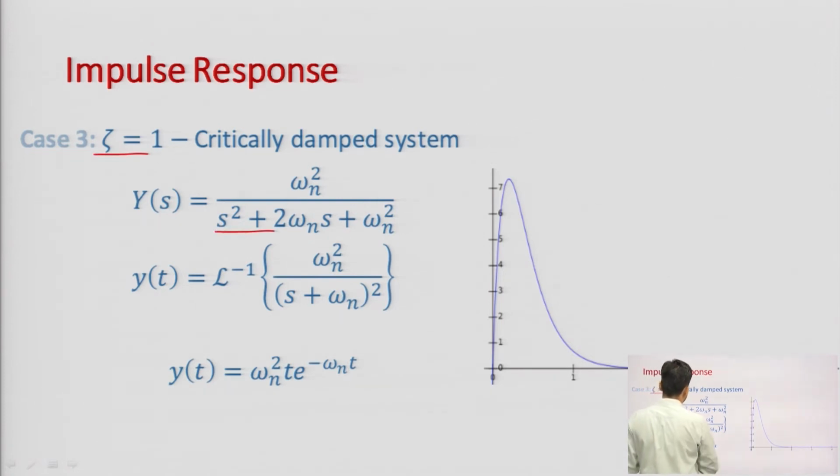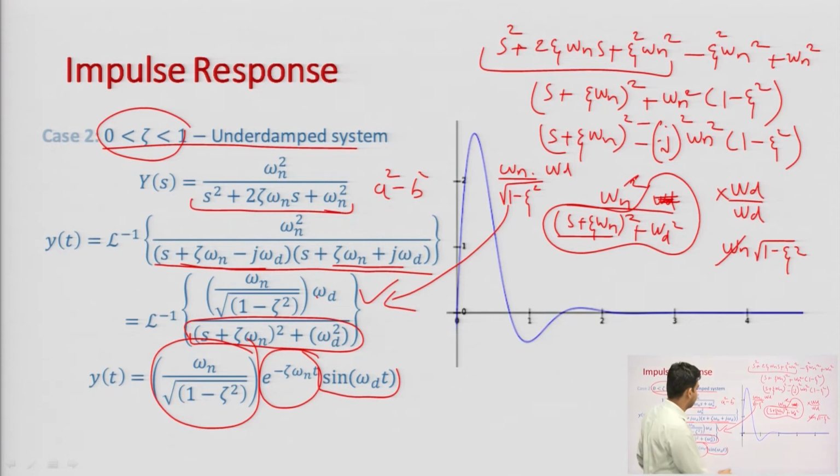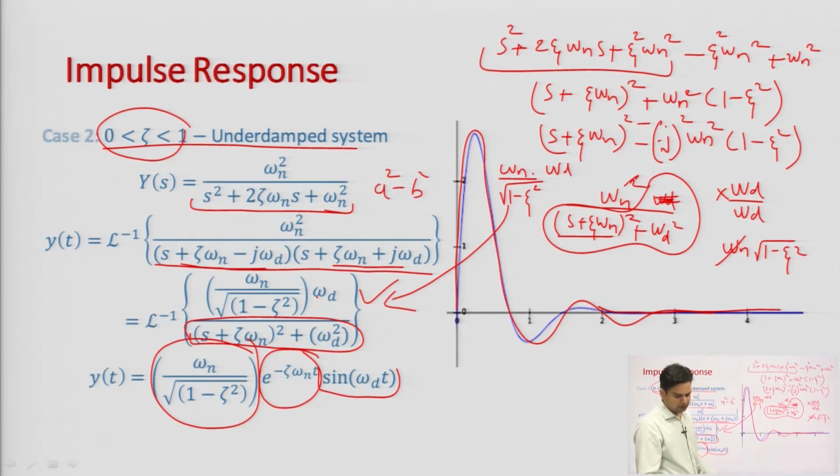In that case, we need to put zeta equal to 1, this would be the expression, and I have to take its Laplace inverse, I will get a response like this. Okay. So, if I see the output response in the previous case, this is my output response. I applied the impulse signal at the input and here I am getting this output. You can see a very small oscillation present because it is an underdamped system and